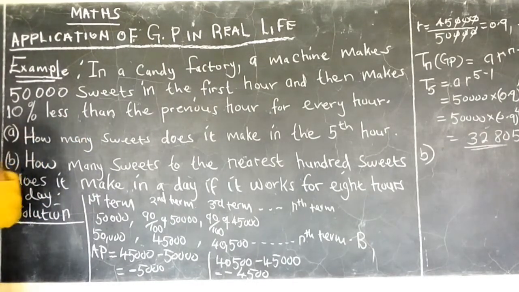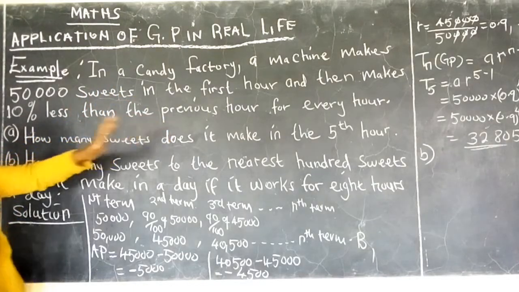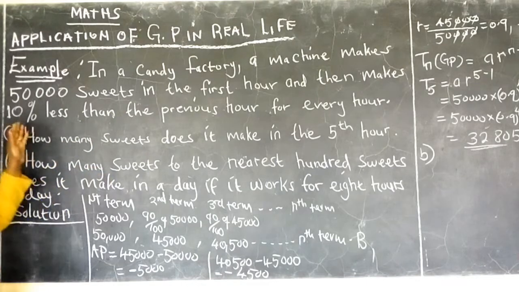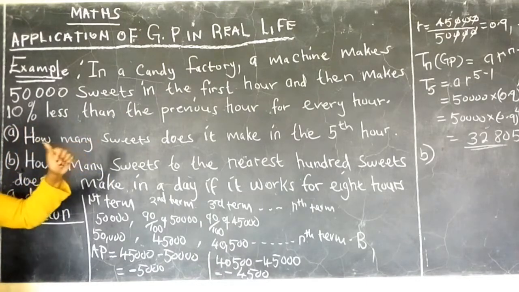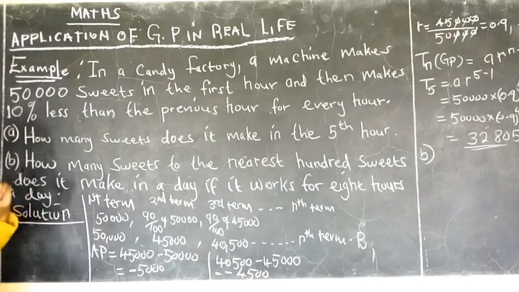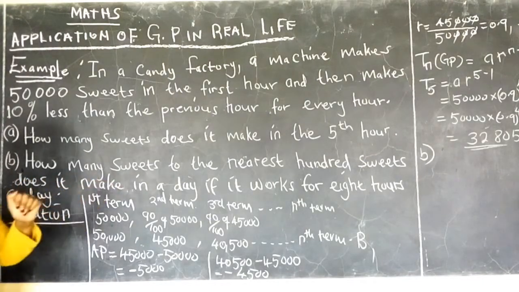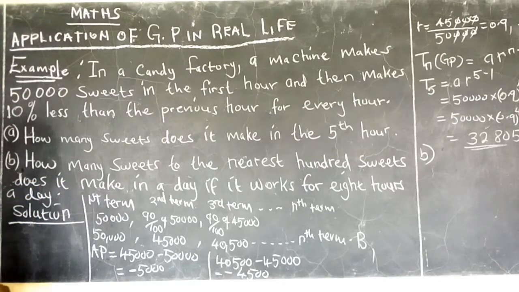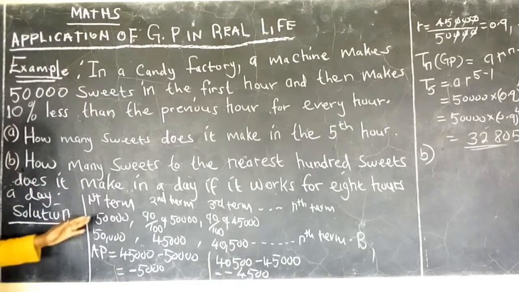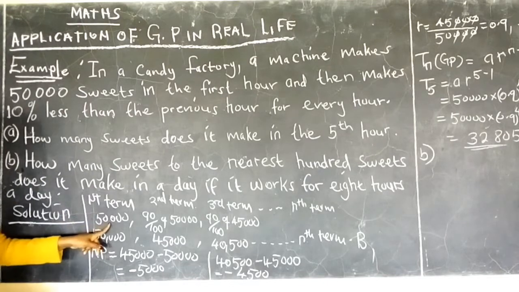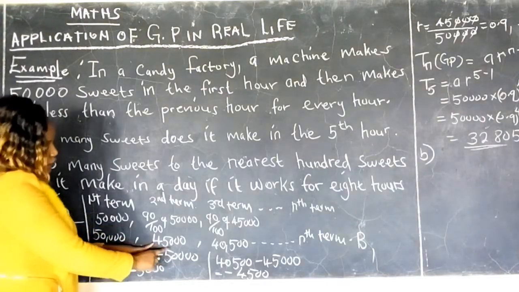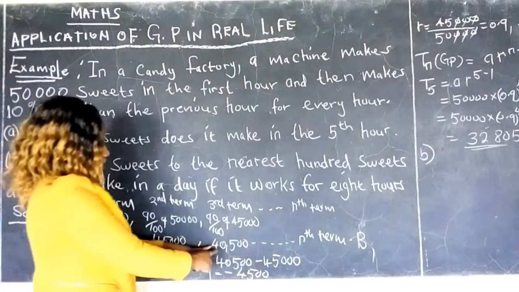We have been told that in a candy factory, a machine makes 50,000 sweets in the first hour and then makes 10% less than the previous hour for every hour. So we have seen that we have the first term as 50,000, the second term as 45,000, the third term as